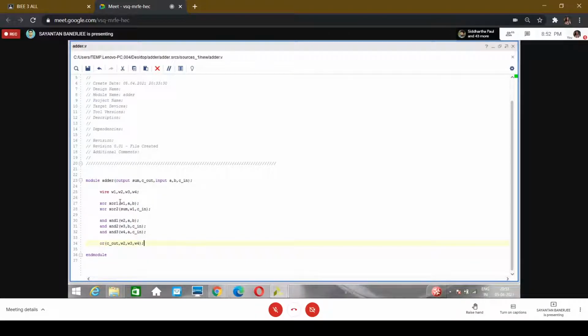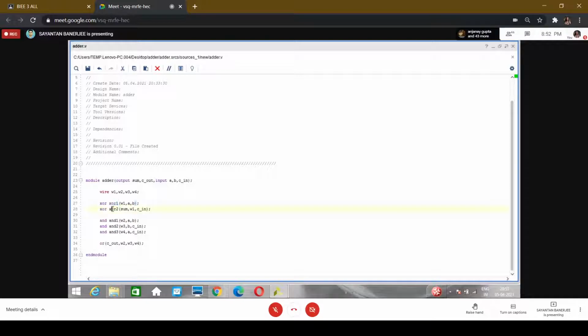Actually, it will work even if you don't give them, because these are the basic primitive gates. So even if you don't mention XOR1, XOR2, XOR3, it will work. Actually, it is better if you mention the names, because when you mention the names, if you want an XOR gate connected to another, suppose there is another input in the circuit, you can use this XOR1 to connect.